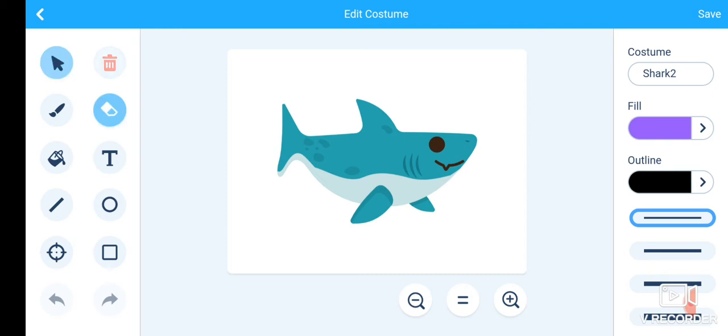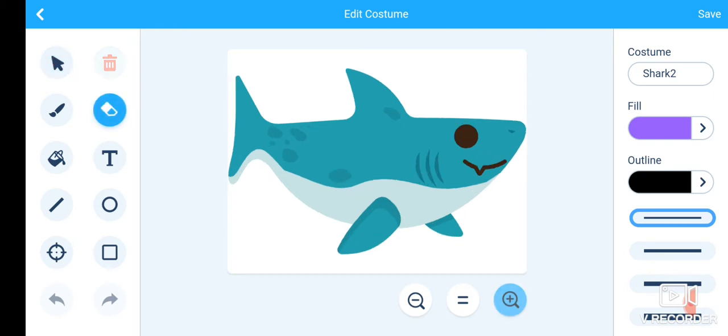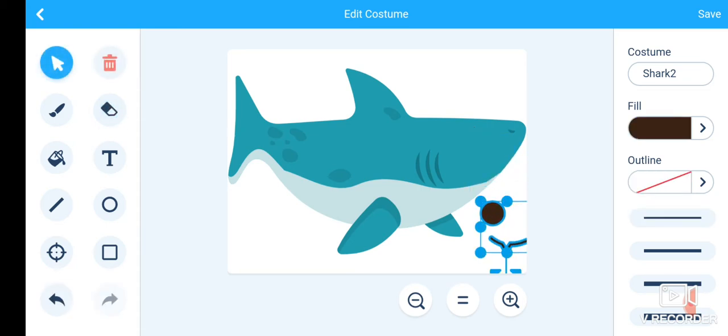Erase the mouth. First we will increase the size. Okay, we want to open this. For this, select and delete this one.